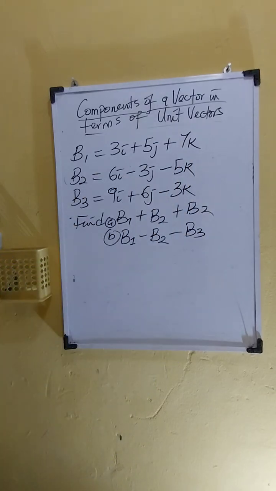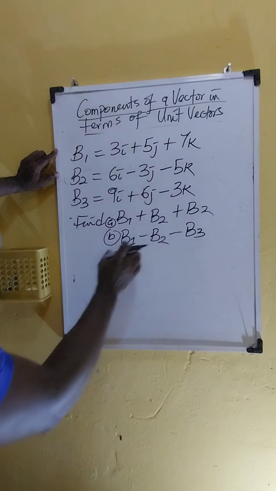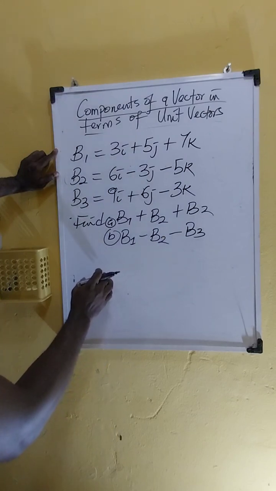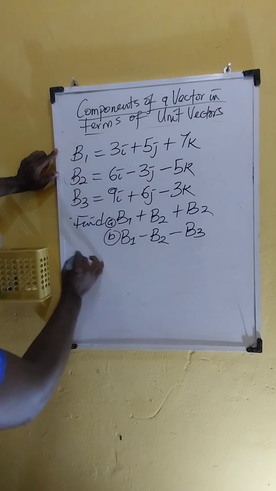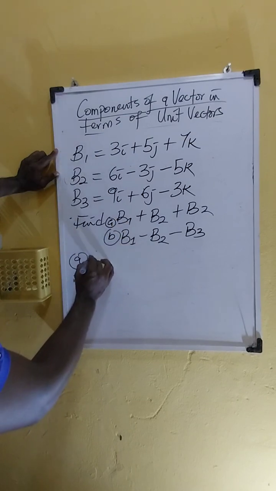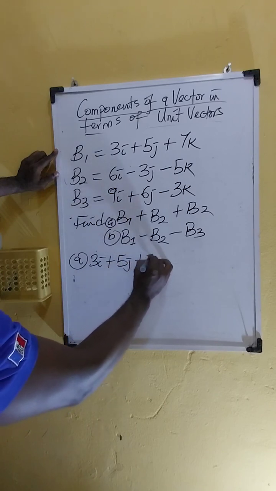So we have 2 questions there. We have 2 questions. So let us look at it. So we just bring in the values for the first one. We bring in the values. We have for A now, B1 is 3I plus 5J plus 7K